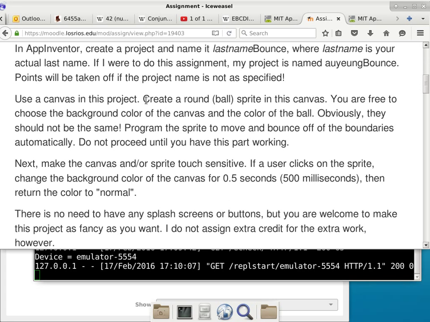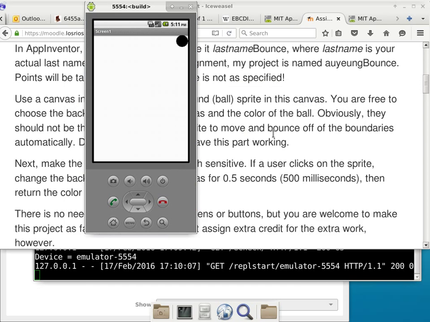So you're free to choose the background color of the canvas and the color of the ball. I just stay with the defaults because that's not important. Program the sprite to move and bounce off of the boundaries automatically. So I'll do this step first. So going back to the project, which is the next tab here,